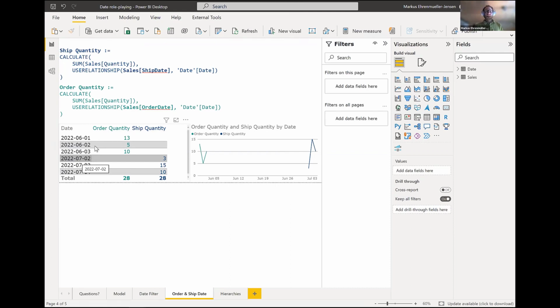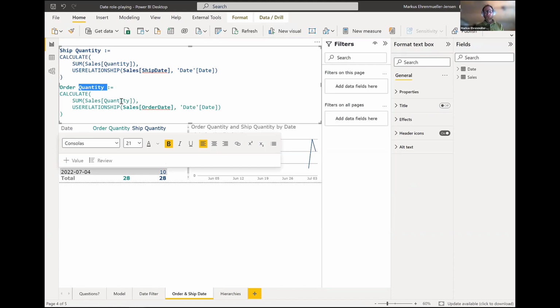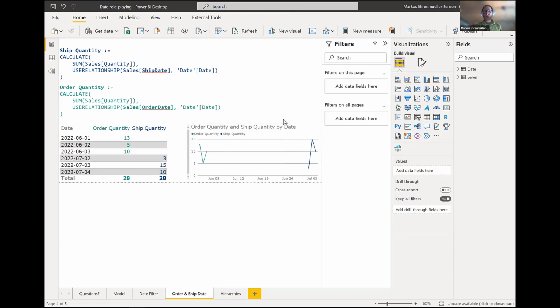Mostly if I do something like that, I would also create an order quantity measure, just to avoid having a quantity and a ship quantity because this might be confusing. So I would also add an order quantity, again with use relationship, which is already the active relationship, but this does not harm. And with that approach, I can also have just one line chart. We also draw the order quantity and the ship quantity. As we have two different measures, I could have both in one chart and see the different behavior of my orders and of my shipping quantities.